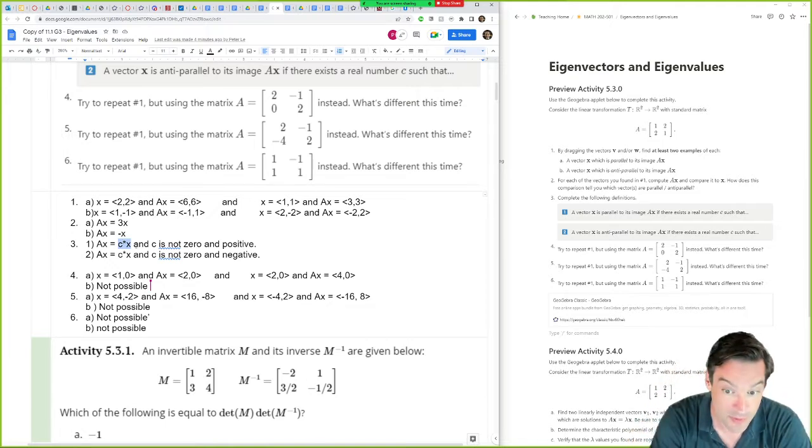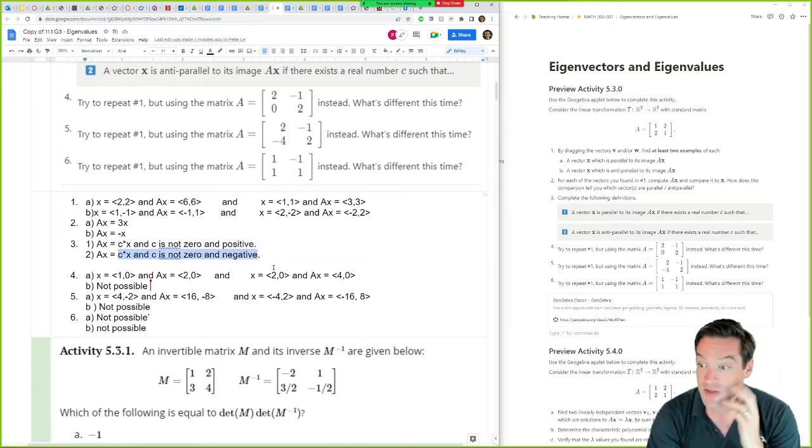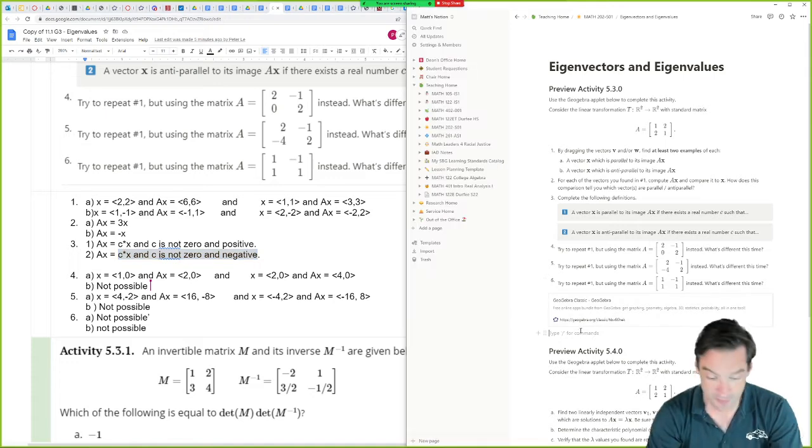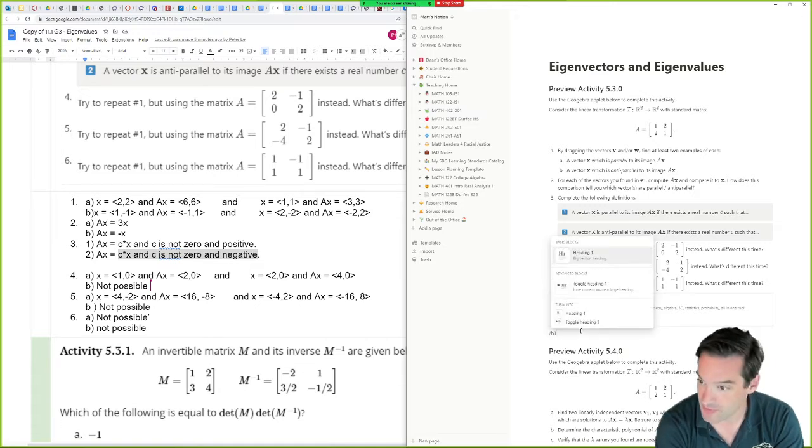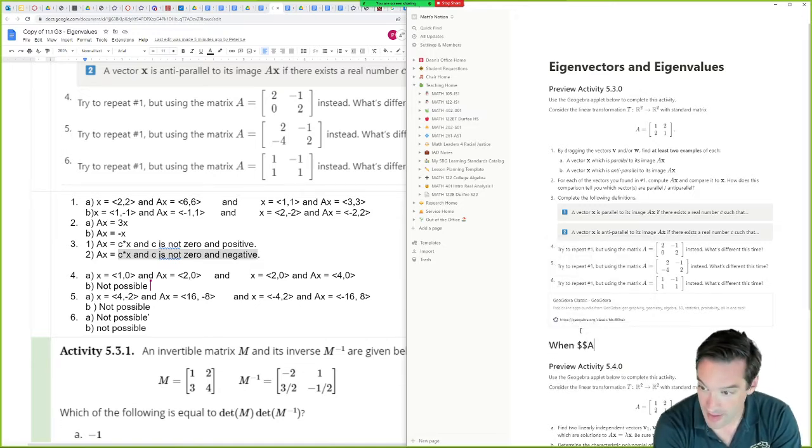Right? Ax is equal to c times x. And in the case of parallel, we want c to be a positive real number. In the case of anti-parallel, we would want c to be some negative real number. Right? And so what this begins to do for us is it begins to build up kind of a dictionary of when, let's sort of write it like this, when Ax is equal to c times x,